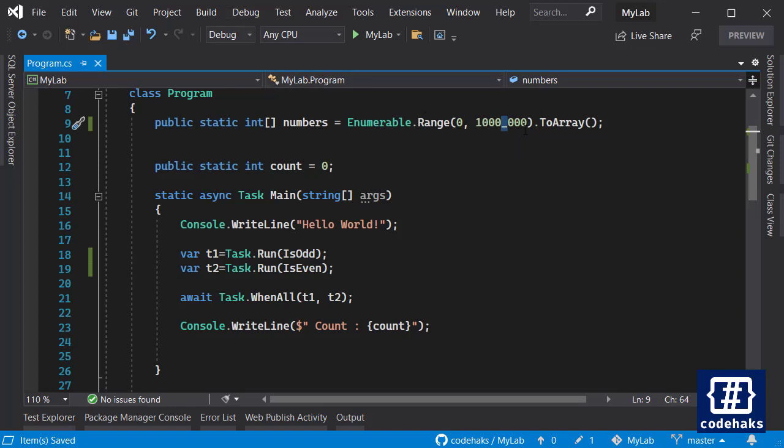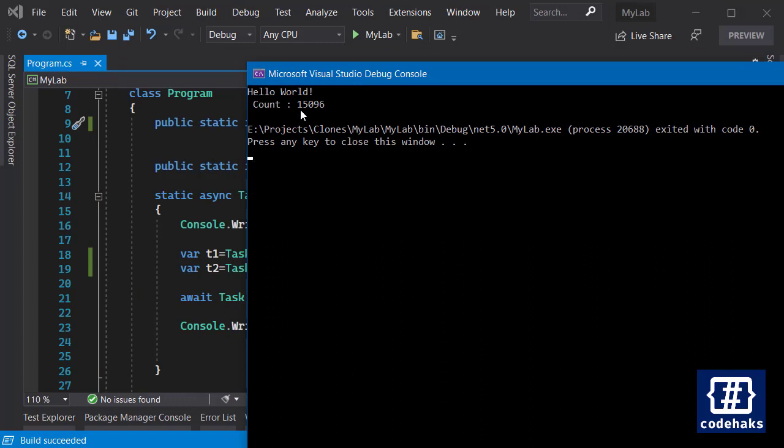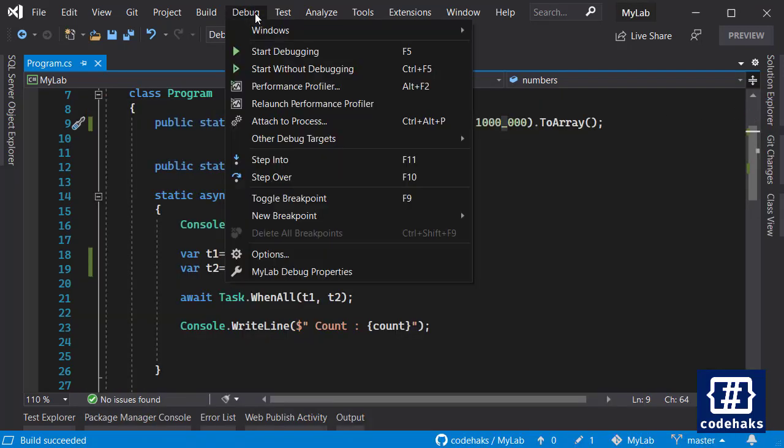So I'm going to run the same application for an array of 1,000,000 numbers. Let's see the results. This time the count is surprisingly not even close to 0. We have 15,000. Let's run the application again,